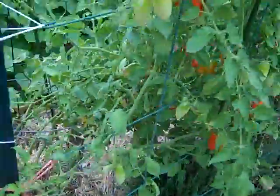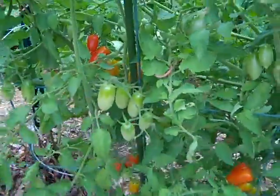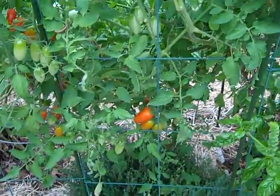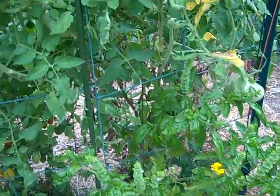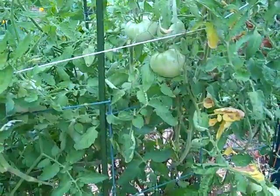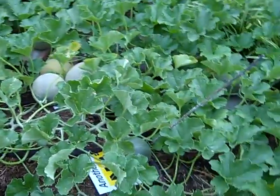And then I have another Juliet. This has a lot of tomatoes on it, a lot of red tomatoes. I've been making salsa for Jim. A little basil underneath. This is a mortgage lifter tomato plant. And then over here, we have